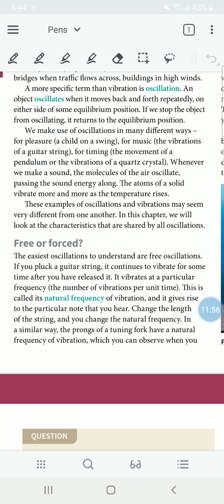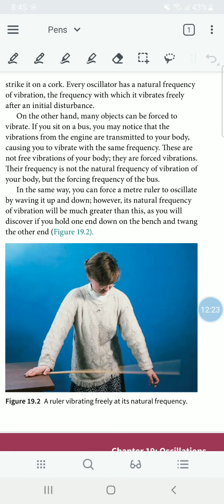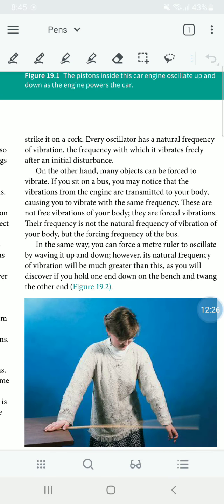So we can change the natural frequency by changing the length. This changed natural frequency gave us a different note, right? If you have seen a tuning fork, you can Google it, you will be able to see that. A tuning fork has a natural vibration. When you hit it on something, you can actually see it vibrating, right? Please do a Google search and look at a video of how a tuning fork would work.